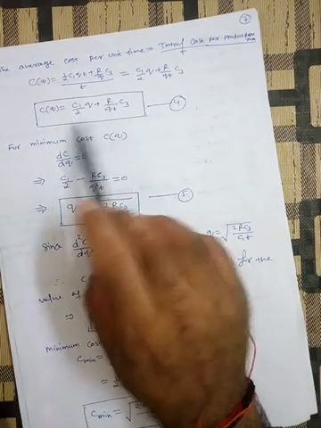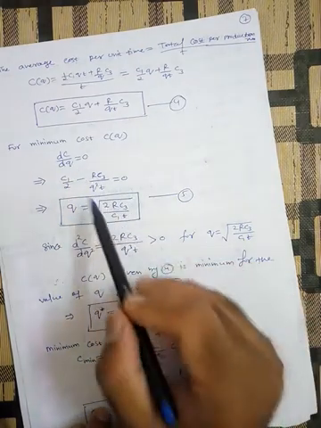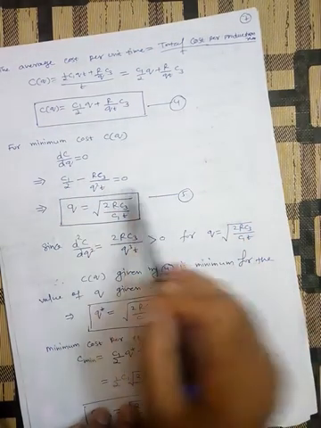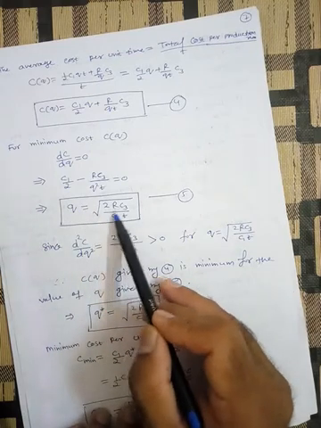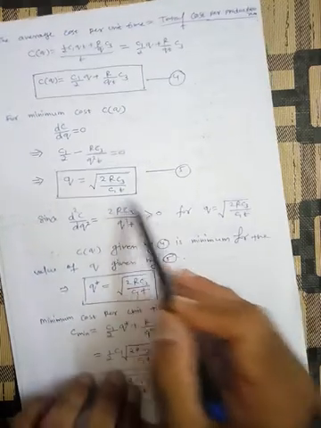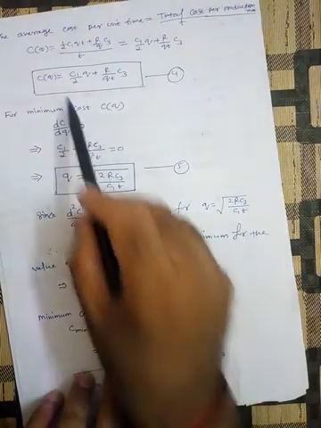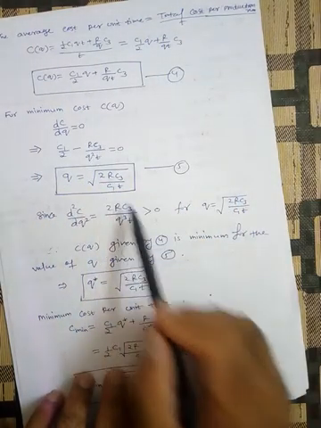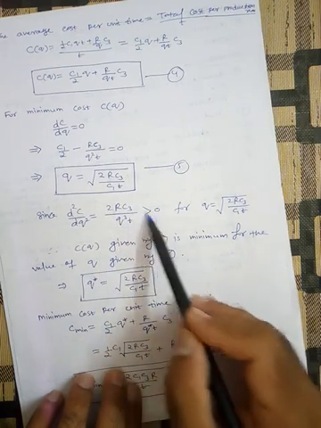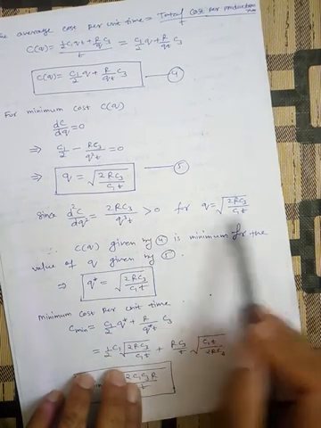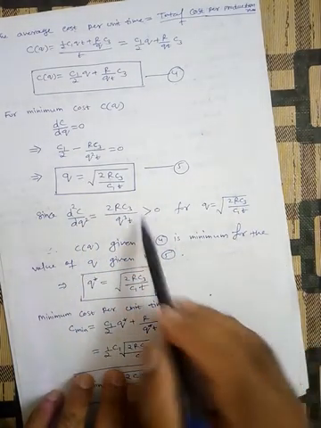For minimum cost, just differentiate this with respect to Q, put it equal to 0 and find Q. So differentiate this, and we get this value. From here, find Q. So Q is equal to the square root of 2R C3 by C1 T. This is our Q. Now again differentiate this, get the second derivative and substitute this value of Q. So we get the quantity 2RC3 by Q cubed T, which is obviously a positive quantity for this choice of Q, and hence the cost is minimum for this Q.